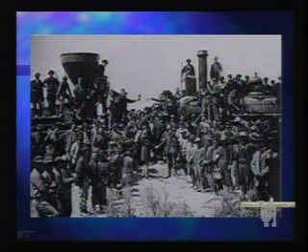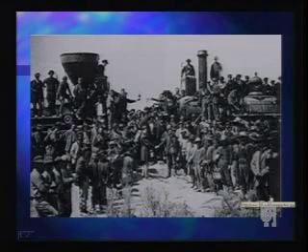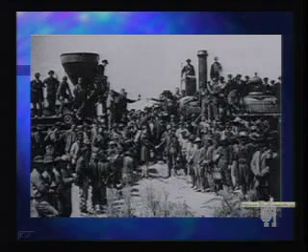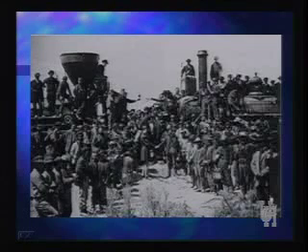And then we go to the other extreme. And that is if you look at when the last rail was laid at Promontory Point in Utah in 1869, for the very first time there, locomotives from the Central Pacific coming to the west and the Union Pacific coming to the east touched for the first time, both having arrived there by rail. And what was completed then was a rail link-up between the east and the west coast in the U.S. for the very first time.